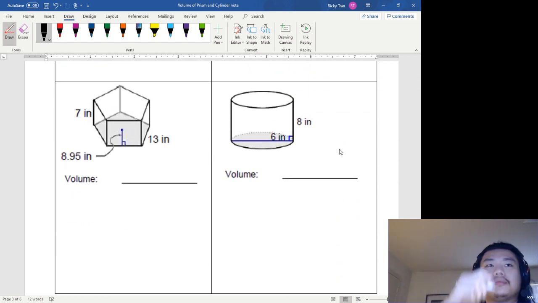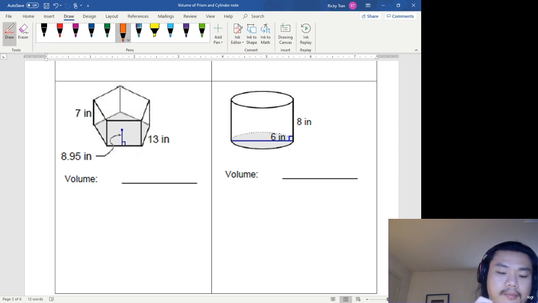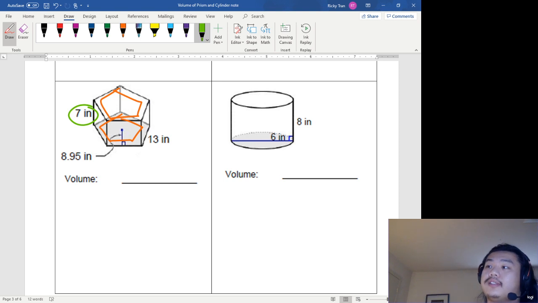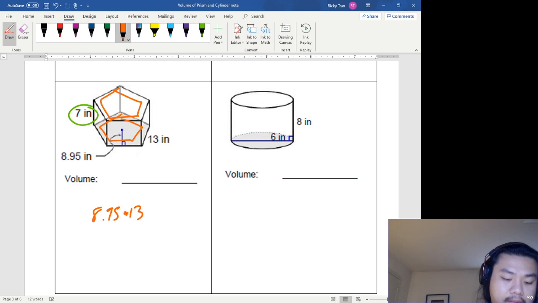All right. So, again, pentagonal prism. Find the area of your pentagon. Which means the height is the distance between. So that's 7. So we're going to have 8.95 times 13 divided by 2 times 5. There's 5 sides on the pentagon. And then multiply that by 7,